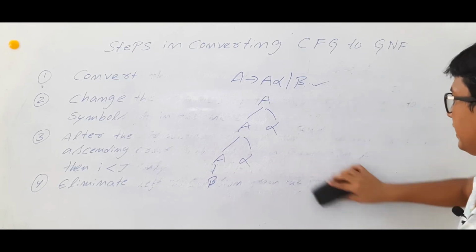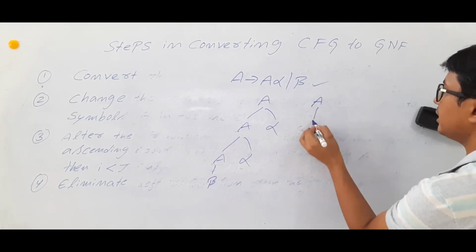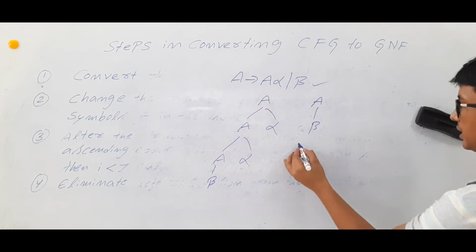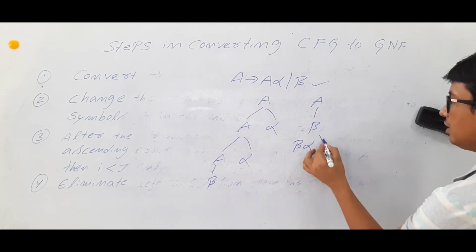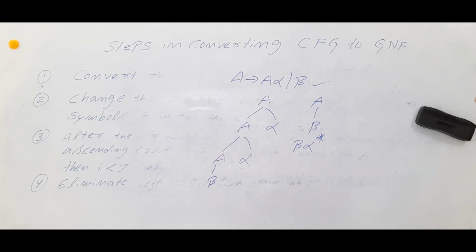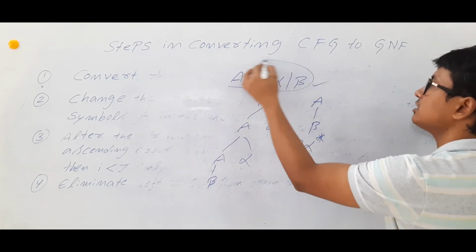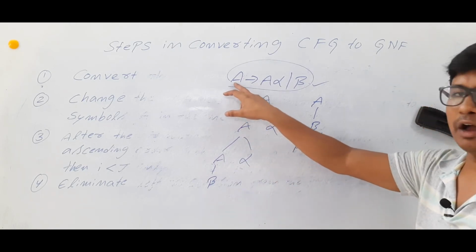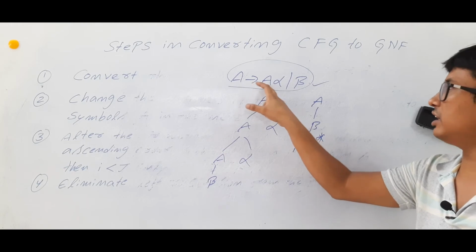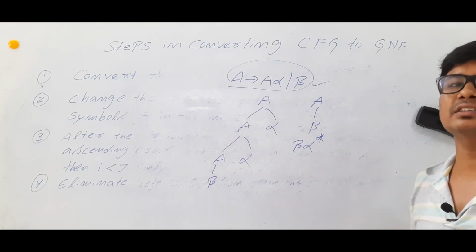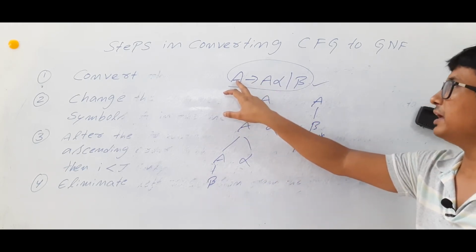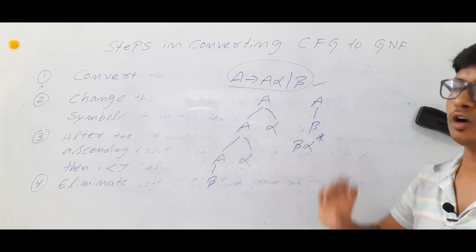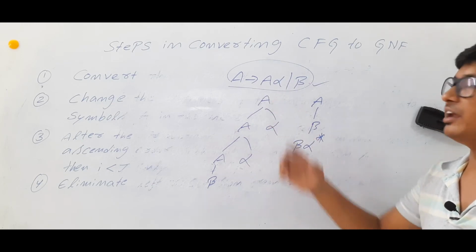Or directly I can determine a beta. Am I right? From A, I can determine a beta. So what is the meaning? I can determine beta whole flower. So if you have any grammar which is in this form, we will call this a left recursion grammar, because the same symbol is there in the left hand side. This is a variable, sorry. A is a variable. If the variable is again coming in the right hand side at the starting, then we will call it a left recursion grammar.